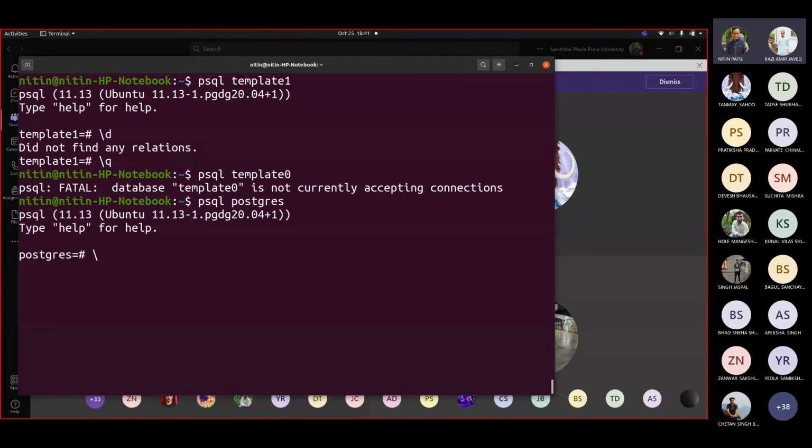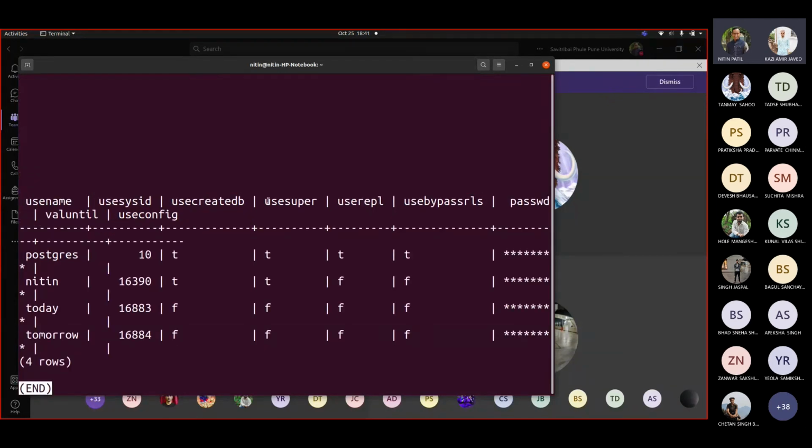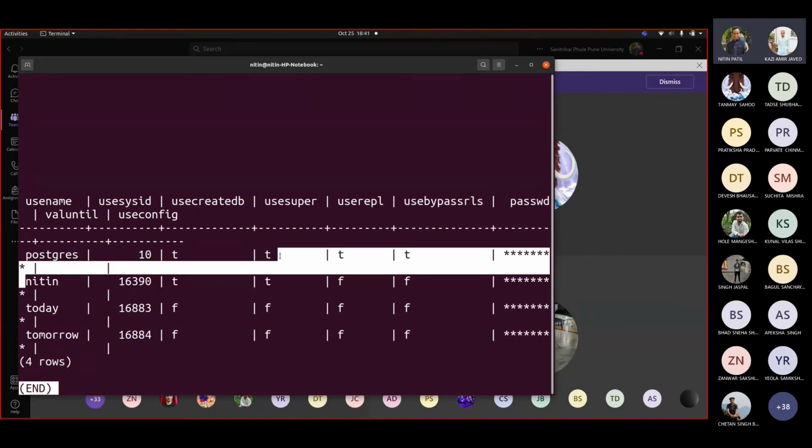How can I see that? Select star from pg_user. You can see super user: Nitin is a super user with t, Postgres is a super user with t. But today and tomorrow, the two users which we added that day, are not super users.